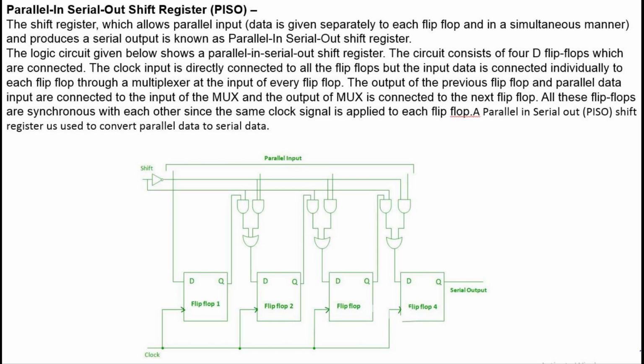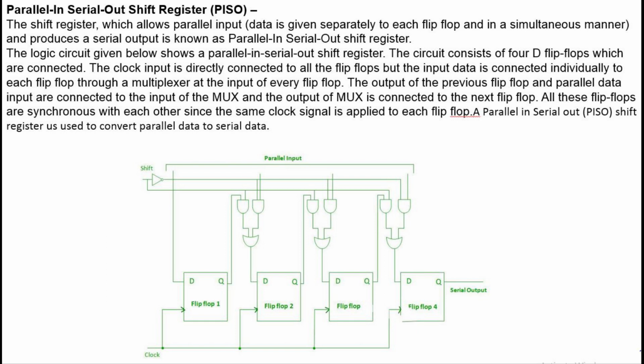Parallel in, serial out shift register. The shift register which allows parallel input and produces a serial output is known as a parallel in, serial out shift register. The logic circuit given below shows a parallel in, serial out shift register. The circuit consists of 4 D flip-flops which are connected. The clock input is directly connected to all flip-flops, but the input data is connected individually to each flip-flop through